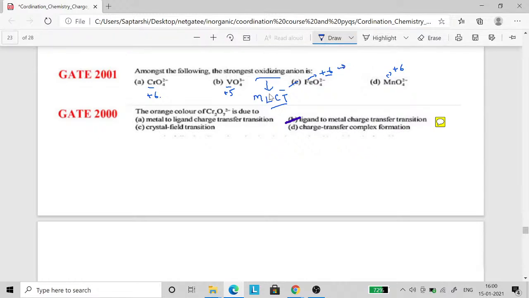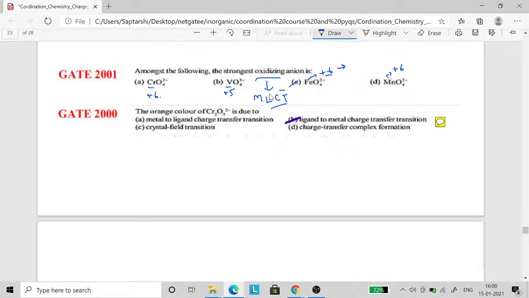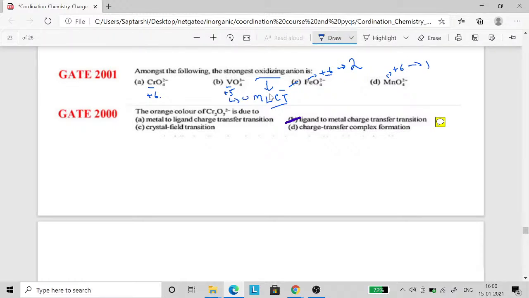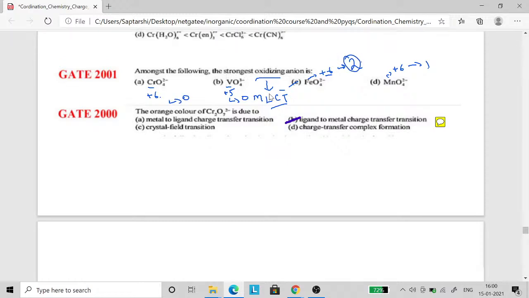how many electrons are in Fe? We can say that there is plus 3, plus 4, plus 5, plus 6. So there are 2 electrons in Fe. In Mn there is 1 electron. I think there are 0 electrons over here, 0 electrons over here. So because this has 2 electrons over here, it can easily